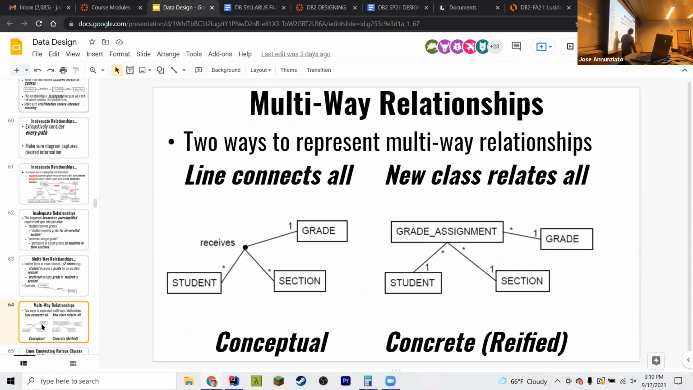Again, we can apply the same principle of reifying and replace this conceptual relationship with an equivalent table with foreign keys, where now you have a foreign key to the grade, a foreign key to the section, and a foreign key to the student, saying that this student in that section got that grade. So the reify